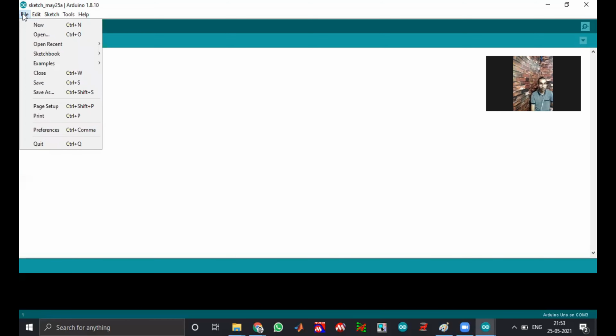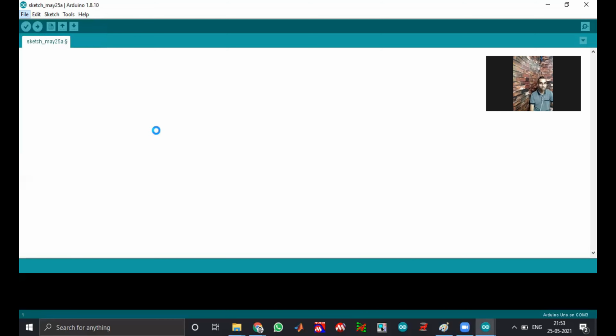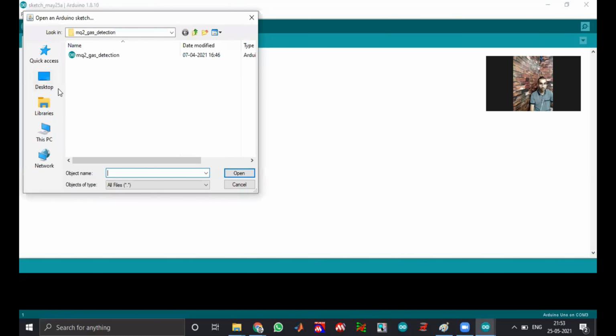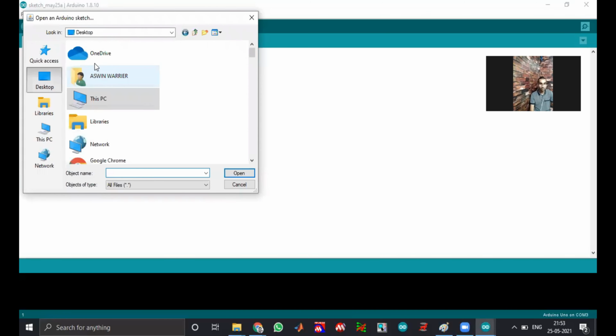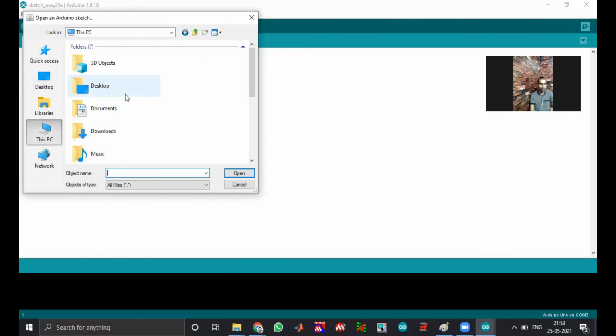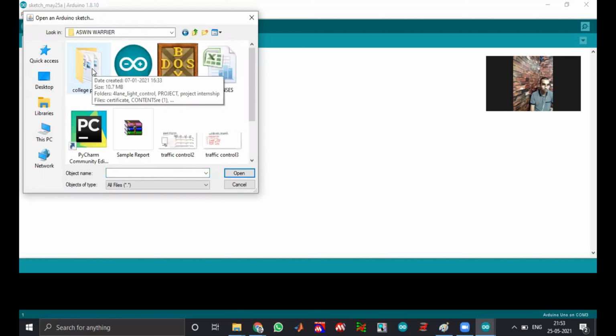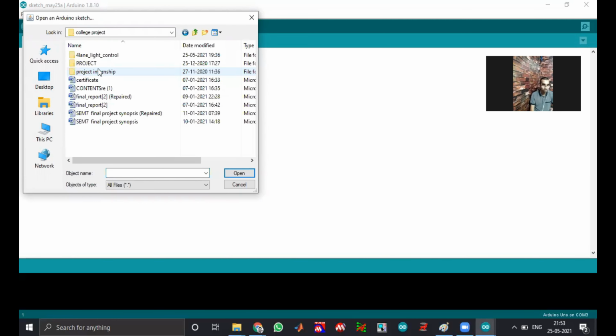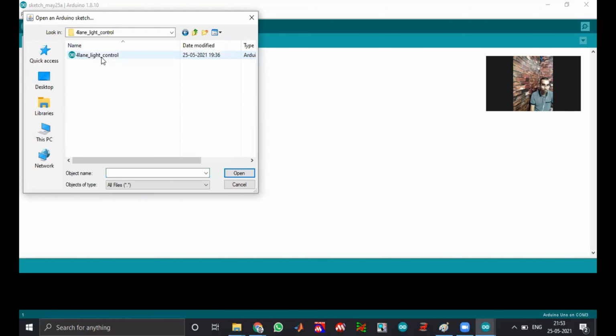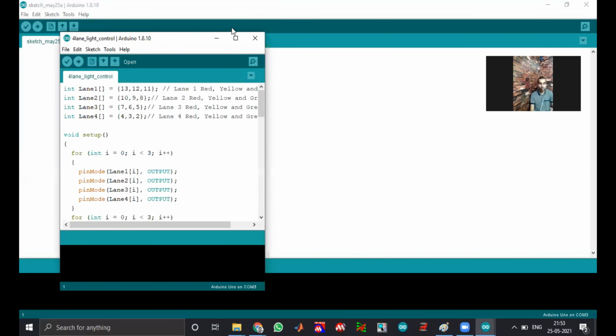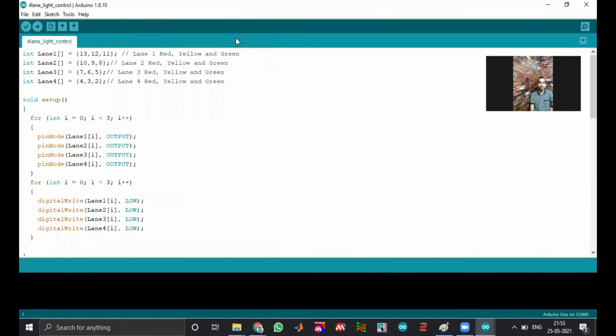So I have saved the project in my system. I'll go to open, then I'll search for my code. We can search in which location we have saved it, and I'll go to that particular code. So this is the project, guys. We have to double click and the project code is ready. As you can see in this particular project,